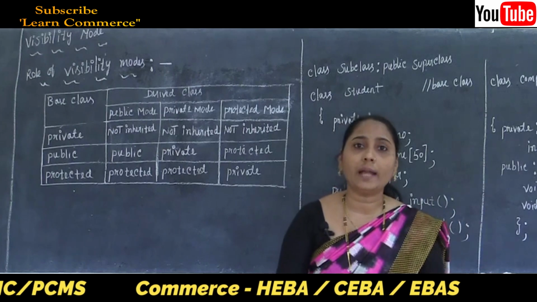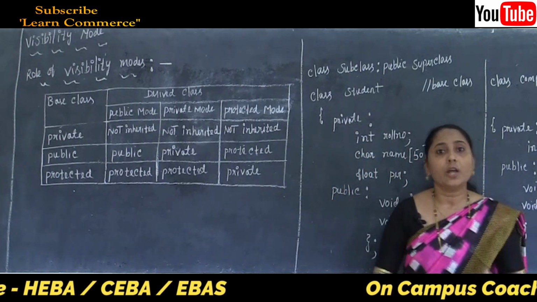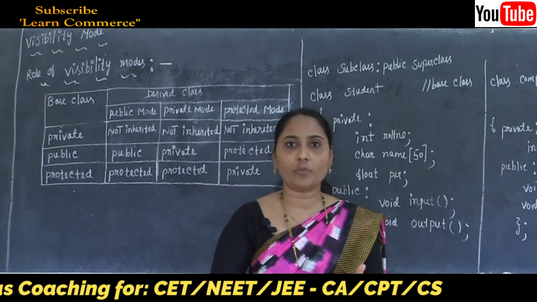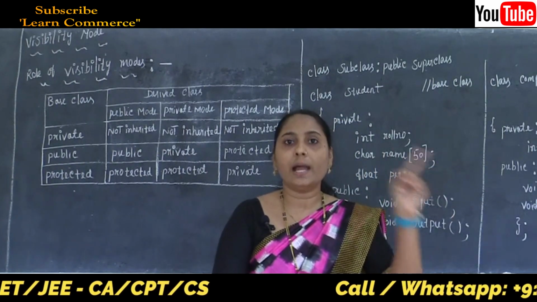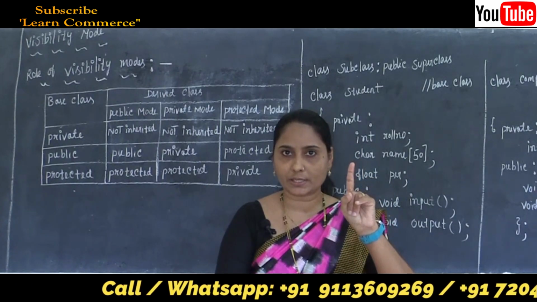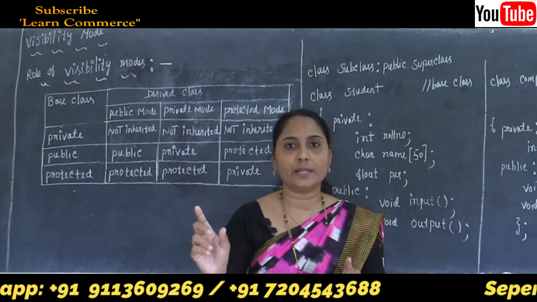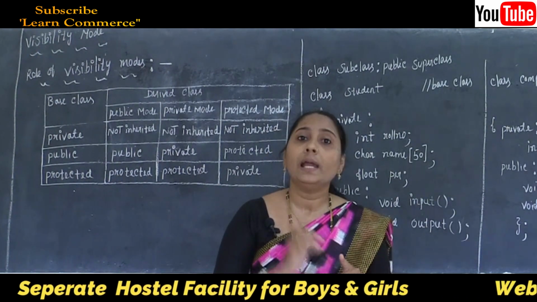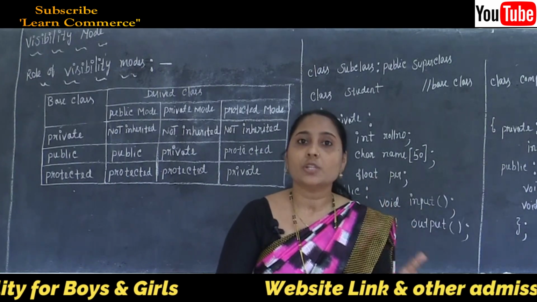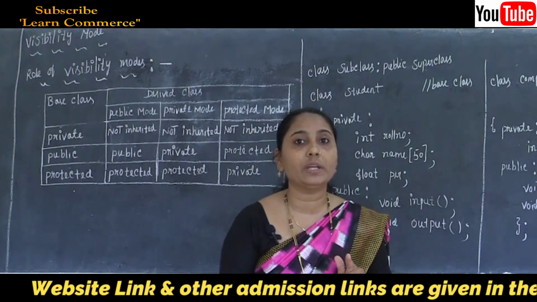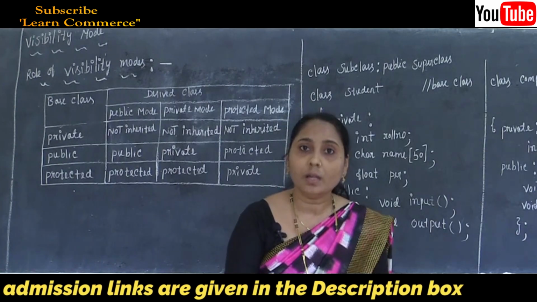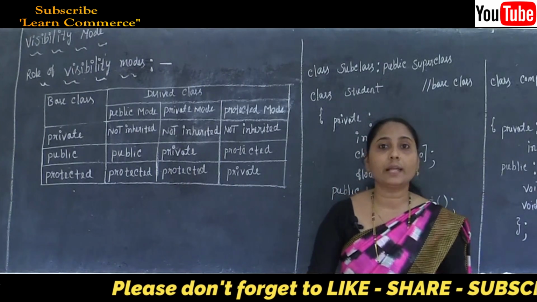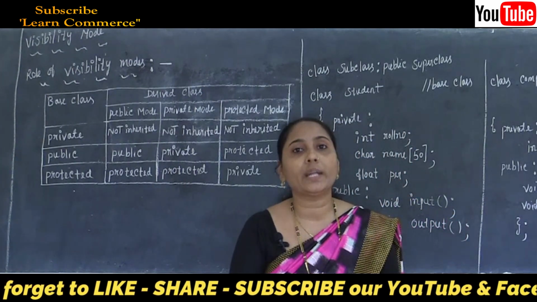And also we know that the definition of the derived class is: class, then derived_class_name colon visibility_mode, and then base_class_name. So this is called the definition of the derived class. So we can say that the definition of the derived class specifies whether the features of the base class are publicly derived, privately derived, or protectedly derived.